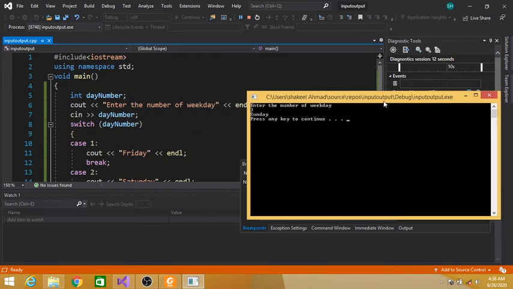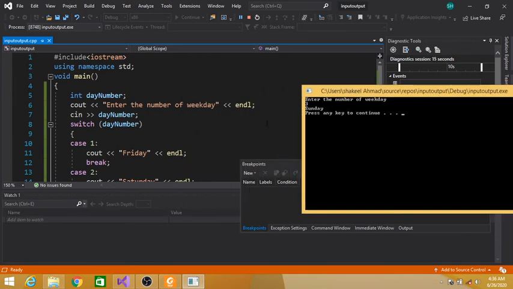Let's see how this program works. First we have declared an integer and then we are asking a user to enter a number of weekdays. So as we know, cout is used to display the message on the output screen.